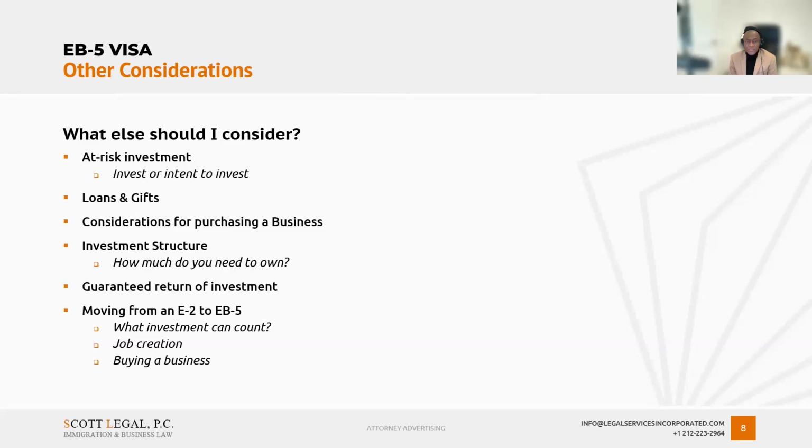The other big difference between E2 and EB-5 source of funds: if you're doing a direct investment EB-5 and you have a company, the EB-5 company, and the EB-5 company had any other investment made in it by anyone, even someone who is not an EB-5 investor, you have to do the source of funds analysis on all of it. There's just a very specific regulation that USCIS brought to my attention once.